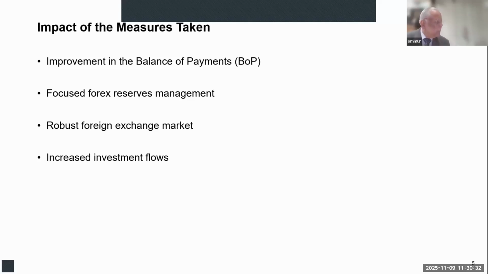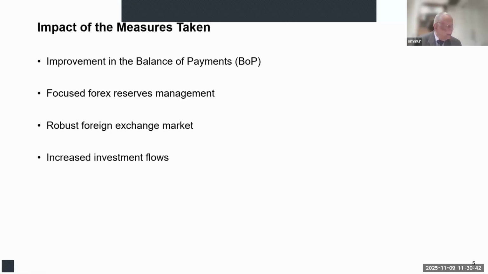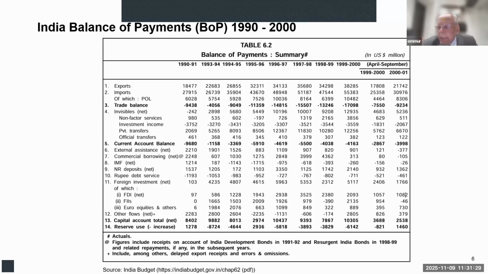Then I will move on to what exactly is the impact of these kinds of decisions taken by the Reserve Bank. One is that I will present you the balance of payment itself, which was almost touching zero. How this has moved over a period from 1990 to 2000. That is the first policy step that the central bank could do. And then the trade balances, you see,